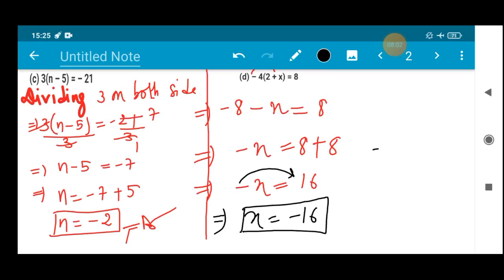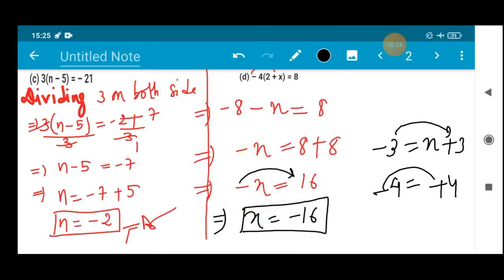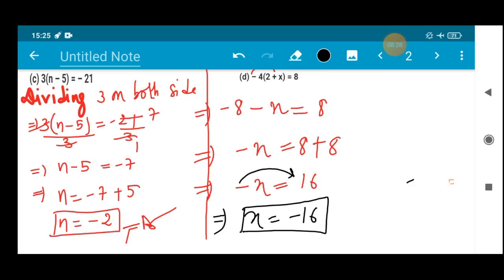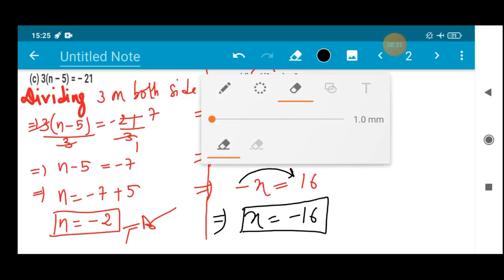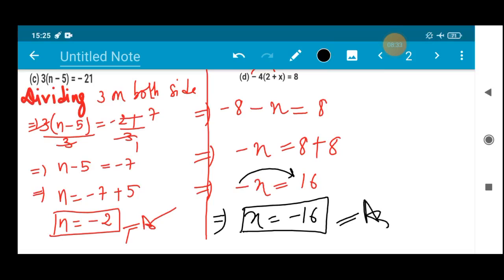Okay, if you are changing any value, suppose minus 3, you are changing to the right hand side, then it will become plus 3. But if you are sending only the sign, then the value won't change. Minus will remain minus only. But if in front of minus there is a number, then it will be plus 4. Don't get confused with that. Most of the students make that mistake also. So I hope you people understood this. Practice a lot. If there is any problem, you can feel free to share with me.